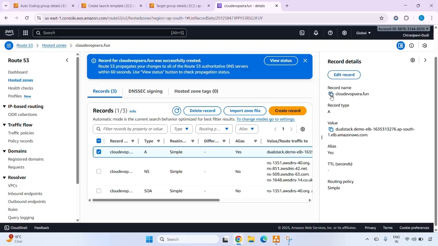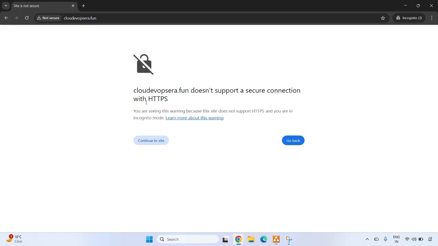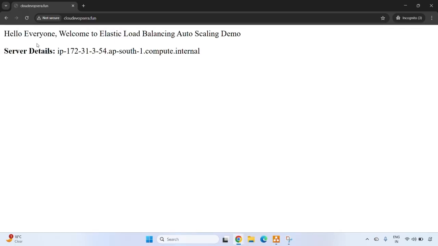So copy this record name. When we paste the domain name, we are able to access our application. So continue to site. Here we can see we are able to access our application through our domain name. Once I refresh this page, we'll get different IPs. We'll get 4 different IPs as we have configured 2 servers from the auto scaling group and 2 from manual creation. Now this is one IP, 3-54,